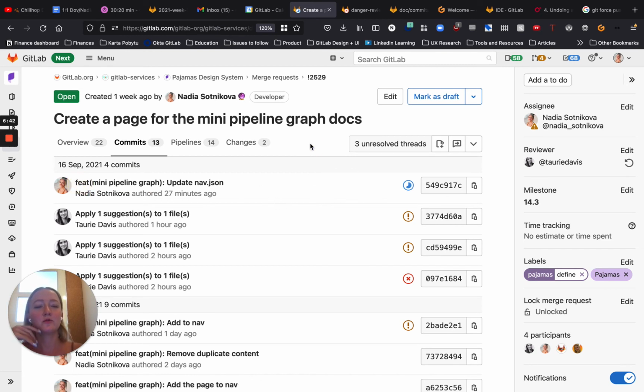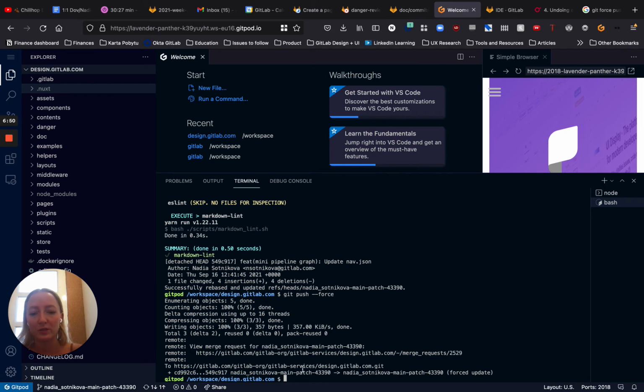So, okay, just to recap the steps that you need to take in order to edit the commit. If you want to use Gitpod, you go to Gitpod or just open up whatever terminal that you're using. Run the rebase command, so git rebase, and you need to specify how many commits back you want to go, which will open up a window where you can edit the commits and apply different actions to those commits, reorder them and whatnot. And then once you close that window, the changes are applied, and then you need to push those changes. And after git rebase, you will have to force push them